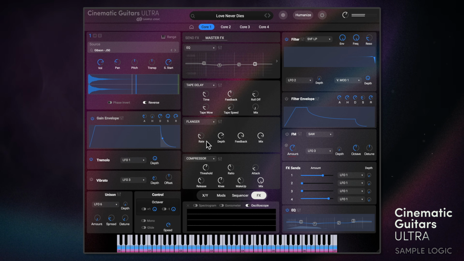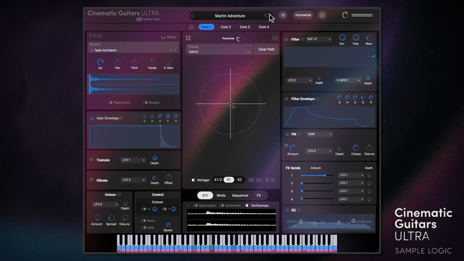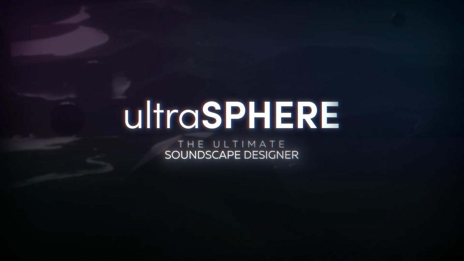For more information about the detail of the browser, cores, modules, FX and extended features of CG Ultra, do check out the deep dive video for sister library Ultrasphere, where